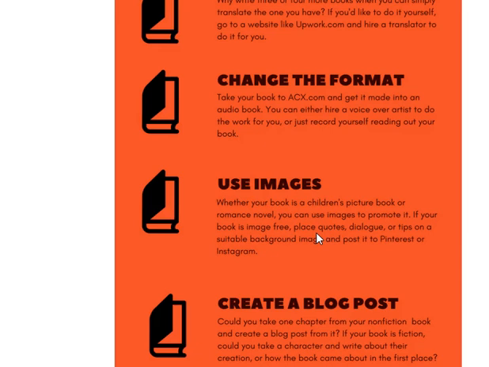Even if your book wasn't a picture book, if it was a grown-up fiction book or a non-fiction book, you could go back to the book and find some of the popular highlighted sections. Could you copy and paste that onto an attractive background, and again post it to these image sites?